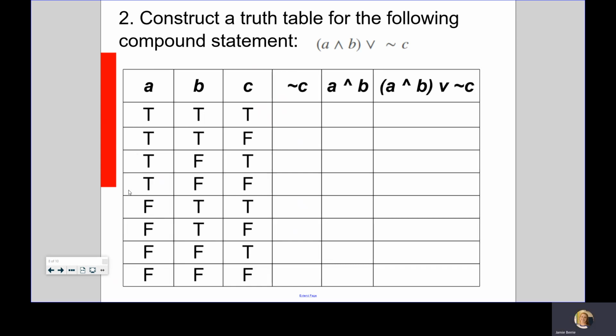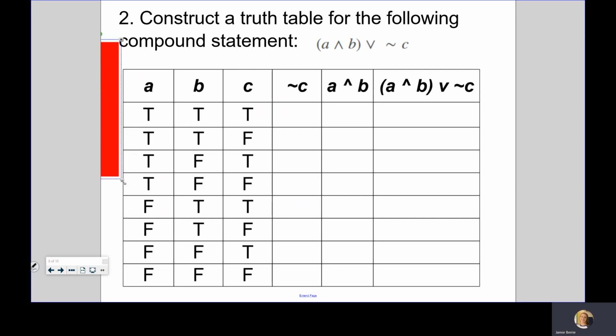And these 4 rows. We added a new statement, we get 4 more. All right, so if we added another statement, we would have 12 rows. So the truth table would get really big really fast. All right, so first thing we need to do is fill in the column